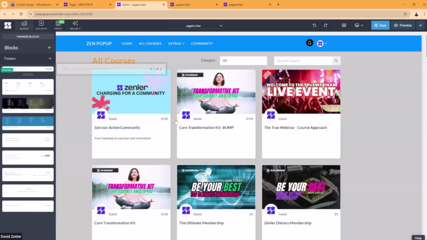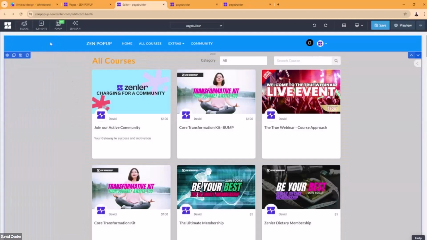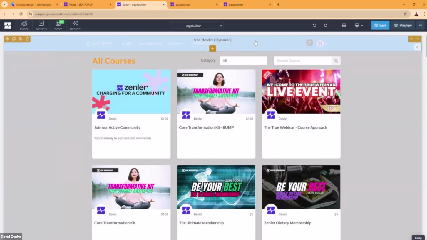Now, the great thing about a dynamic footer, and this is where I'm going to get to the header now, the header I've got here is a dynamic header. Wherever I have this dynamic header block, it will change. So if I change it on one page, any changes I make on this page will be reflected on other pages, because it's dynamically bringing the content in from the dynamic header block. The same applies for the dynamic footer. If it doesn't say the word dynamic, it will not replace it on every page because it's not on every page. It's a standalone thing.